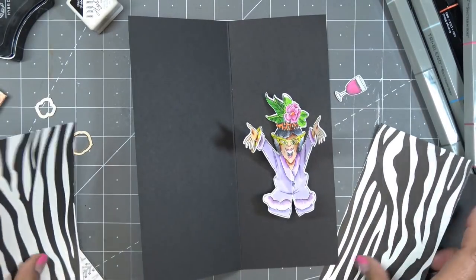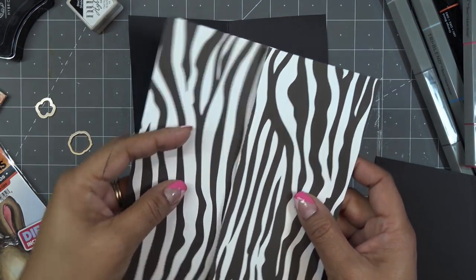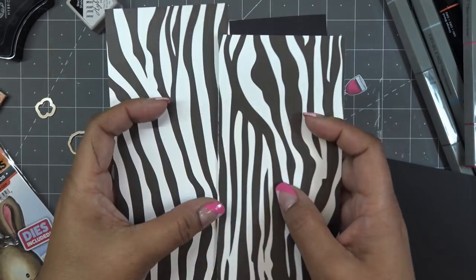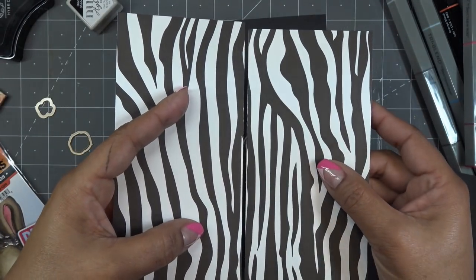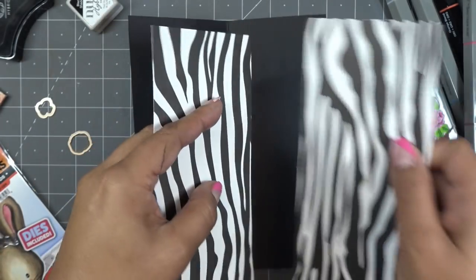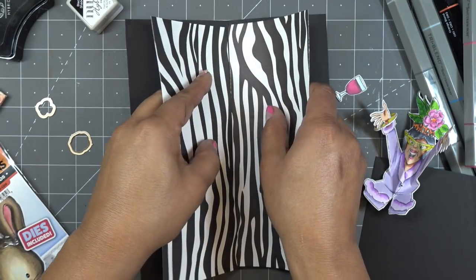So what I did was cut a piece of paper down at 8 1/4 off of the 8.5 side, and then I cut 3 1/4 in from there, and then another 3 1/4. So these papers are basically the same paper. You see that? And I didn't just bone fold it because I don't like putting two folded papers together. It just always makes it so it doesn't really